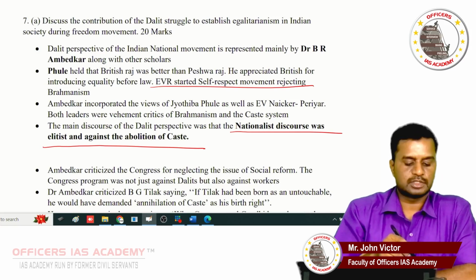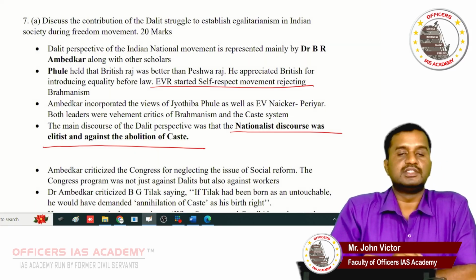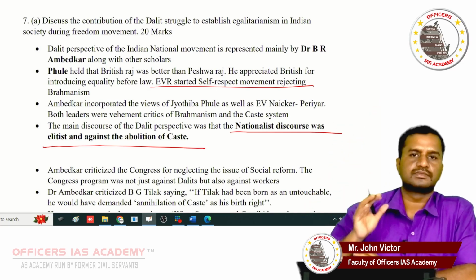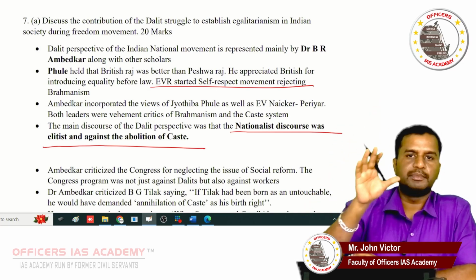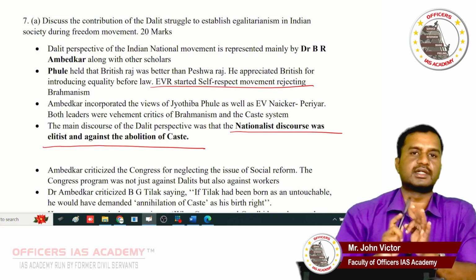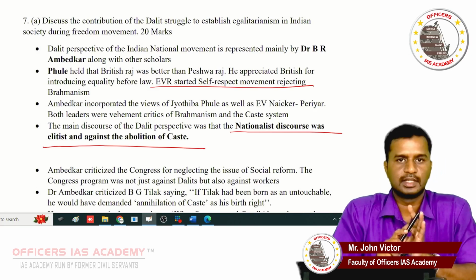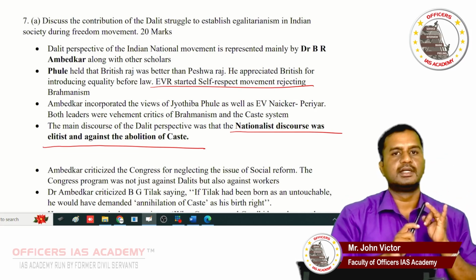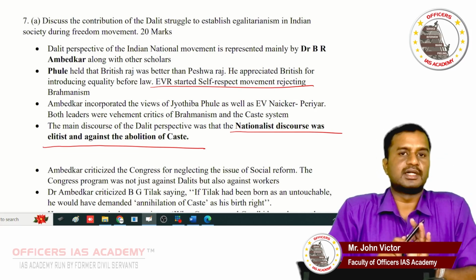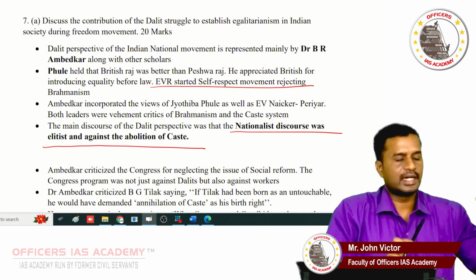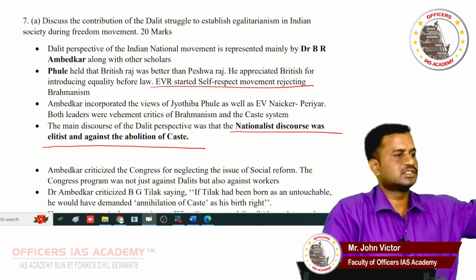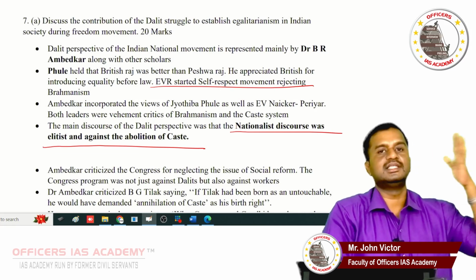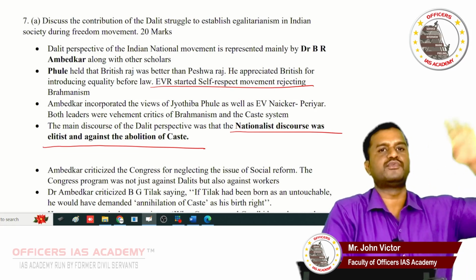Dr. Ambedkar was greatly influenced by the American Revolution, French Revolution, and liberal scholars such as John Mill. Dr. Ambedkar clearly tells the independence struggle should be based on liberty, equality, and fraternity. Three ideals seen in the French struggle. Liberty, free. Fraternity, you and I are brothers. And equality: you and I should be equal. I should not consider you inferior. I should consider you as my brother. Only in this case, you and I are fit to fight for independence.